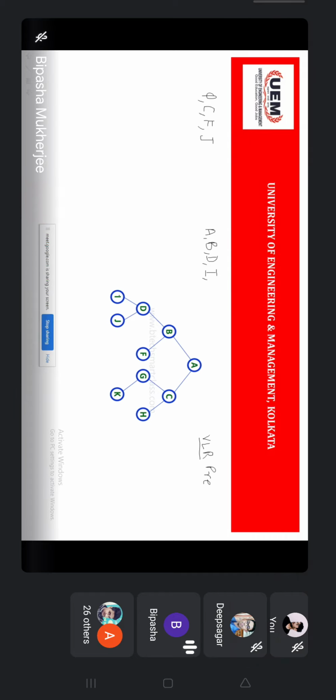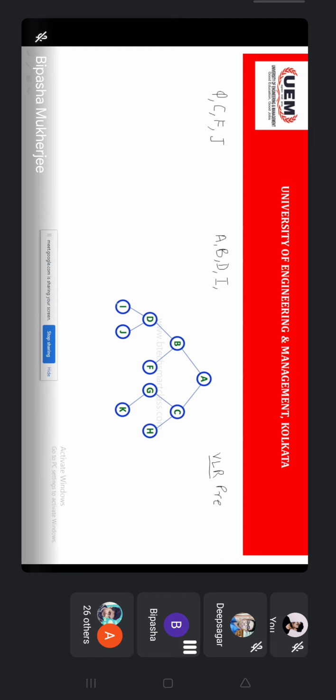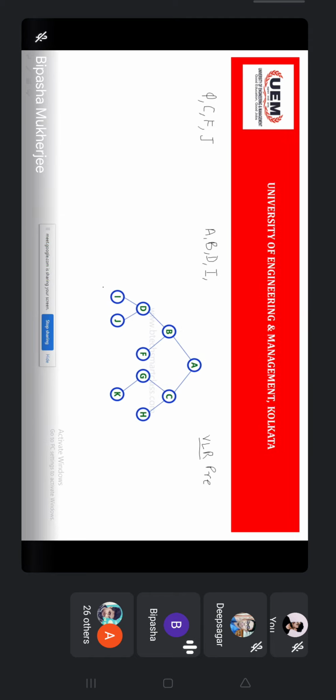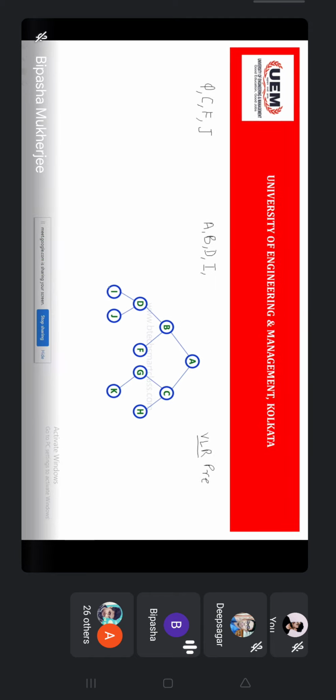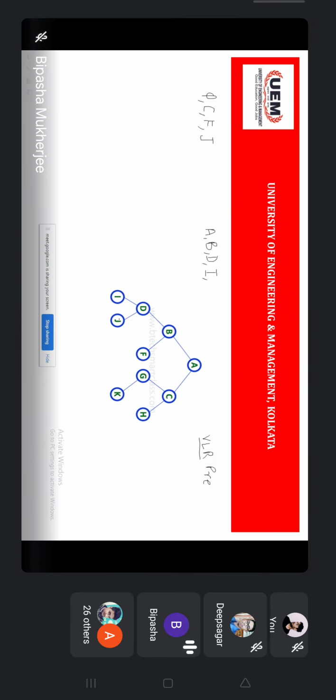Now after I, is there anything left? No. Is there anything right? No. That means in the leftmost path you have reached a null end. So whenever you reach a null end, you need to start popping from the stack. So you pop it from the stack.